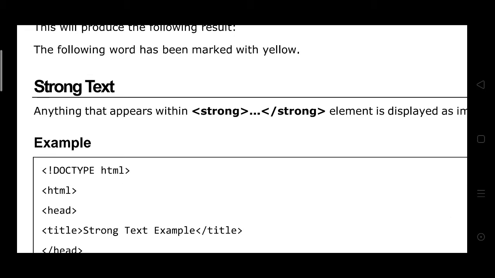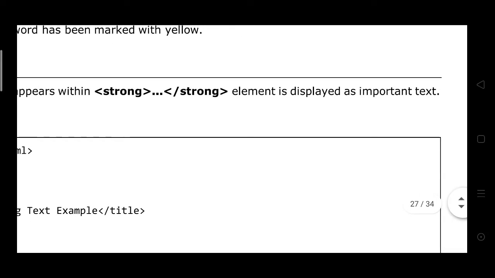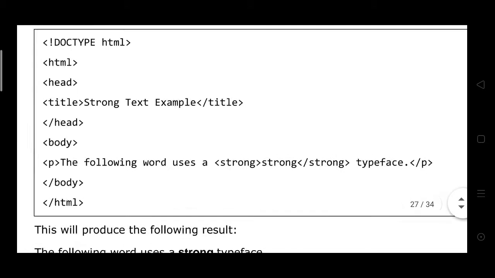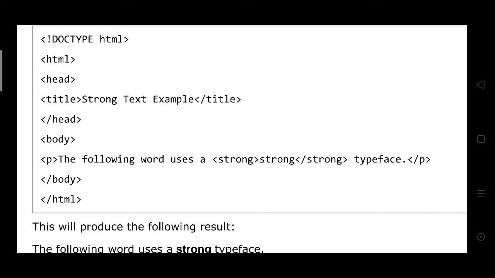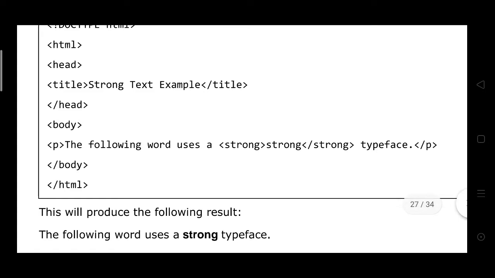Strong text. Anything that appears within the strong element is displayed as important text. Example: doctype HTML, title strong text example, head. The following word used strong. This is also the typeface.